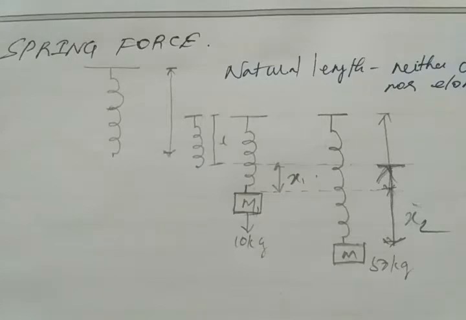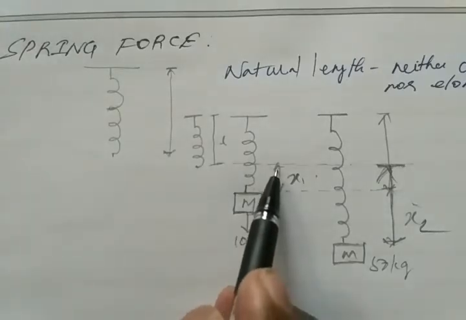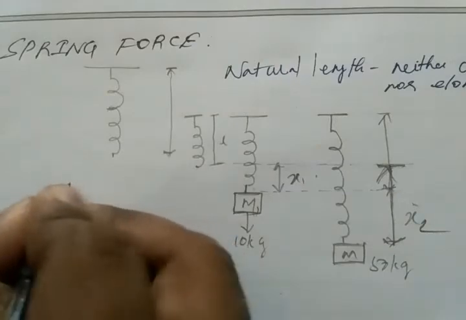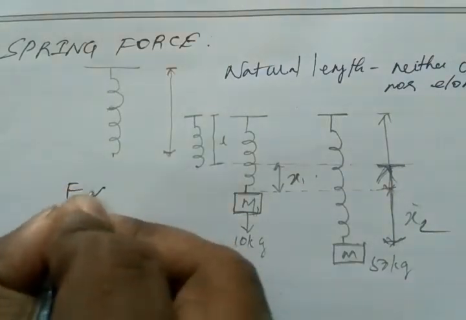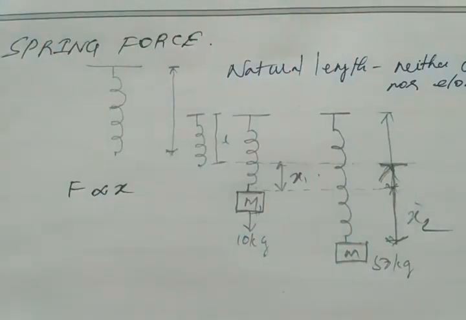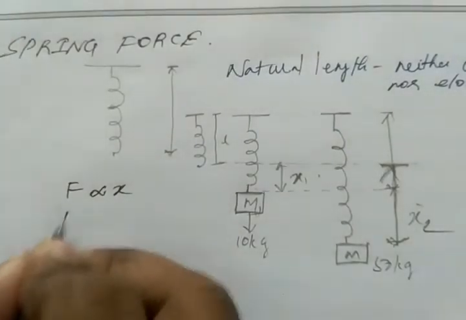So we can say the displacement is directly proportional to force. Force means nothing but the weight force or gravitational force. So when we give low force, the spring tends to elongate less. When you give more force, the spring gets elongated more, right? So we can say the elongation or displacement of the spring is directly proportional to the force applied, right? To remove this proportionality, we add one constant.